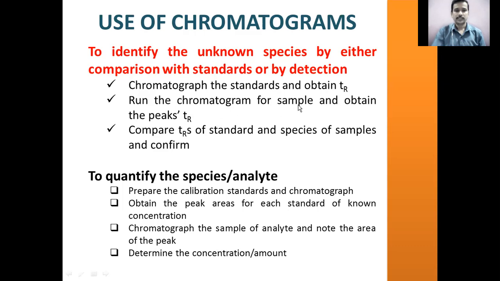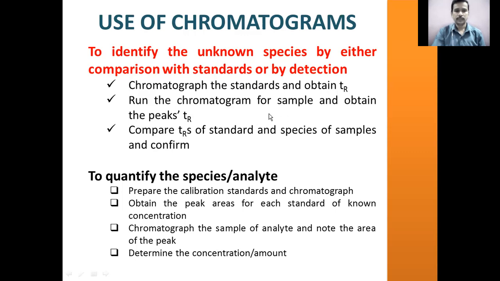Then you take the sample, subject the sample to preparation of the solution by means of a suitable solvent, and you have the same chromatographic procedure. You run the sample through the chromatographic column. First, you have run the standard through the chromatographic column. You have the chromatographic peak, or you have the chromatogram. It has a TR value for the standard.